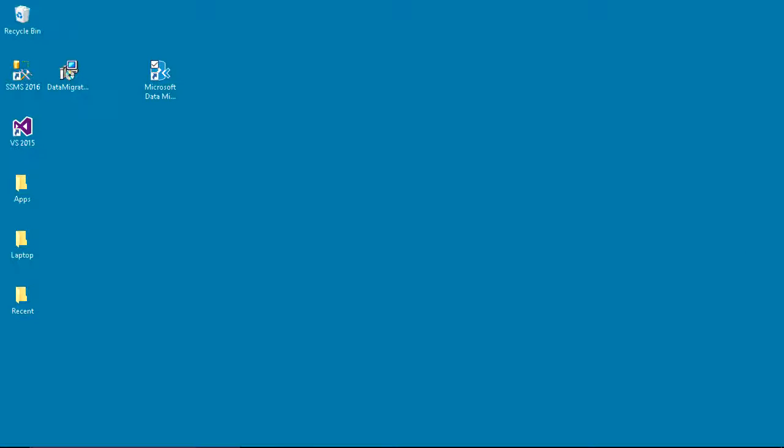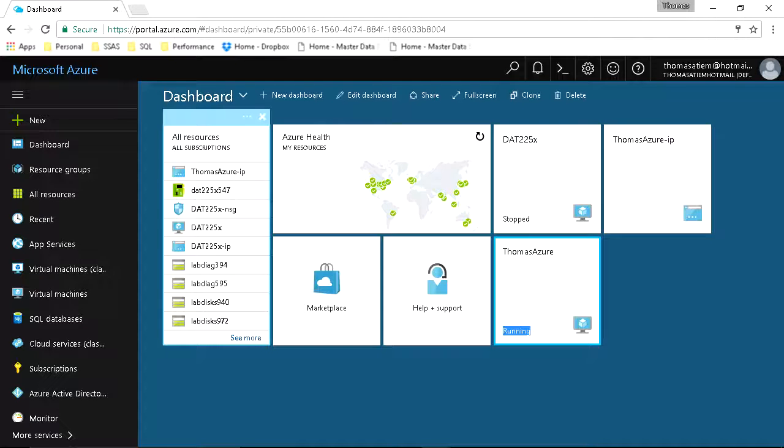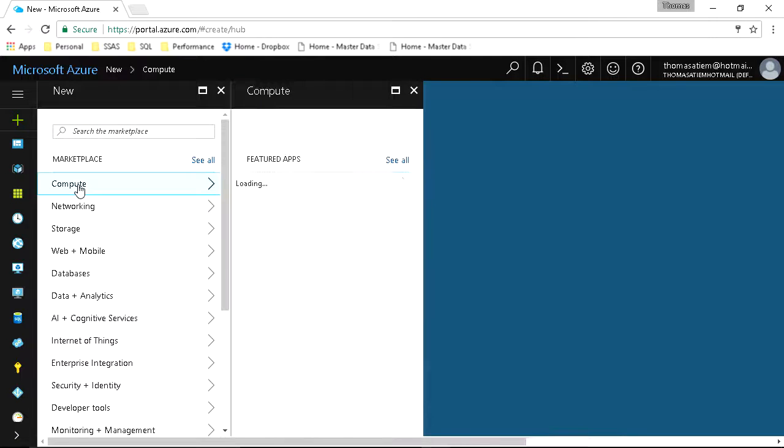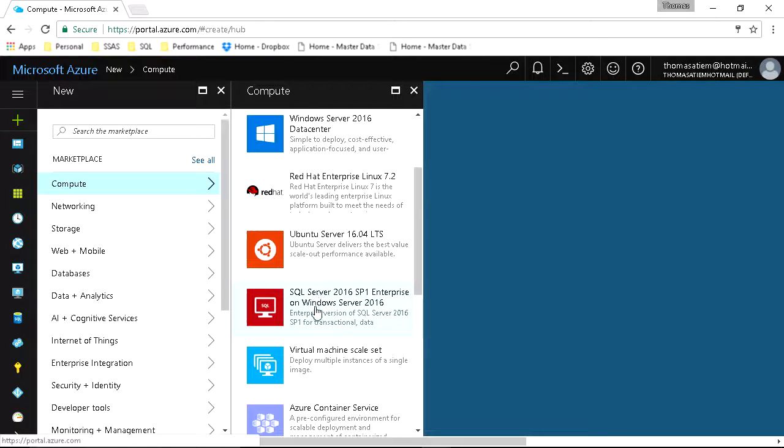We're going to look at a demonstration of the advisor along with our connection into Azure. As you can see, there's a dashboard in your portal.azure.com site that shows all the resources and the health of the systems around the country. We can create a new one by clicking New, going to Compute, and picking SQL Server 2016 SP1 Enterprise on